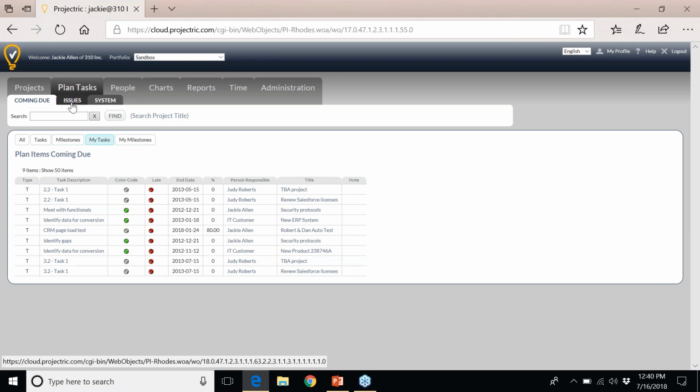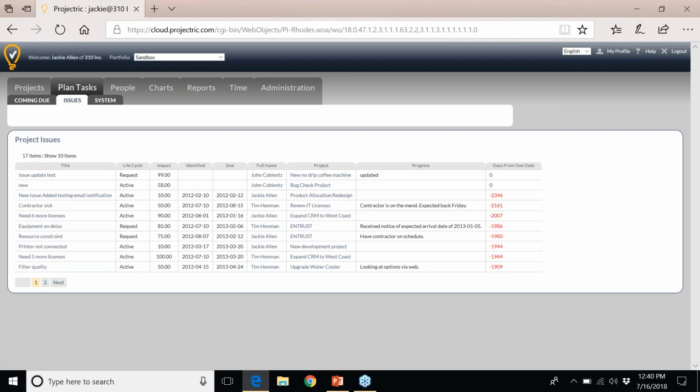Issues. Projectric has a very powerful issue tracking system which allows you to go in, identify issues, their potential impact on the project, and we can aggregate these and look at their potential impact on the portfolio, and some due dates and notification processes, owners, follow-up dates, etc. So this is all visualized here, and it has the concept of notifications attached to this. So not only can somebody log in and look at issues, but when an issue is assigned, when it's updated, when it's closed, email notifications can go out to key stakeholders, so they're not always having to check a tab